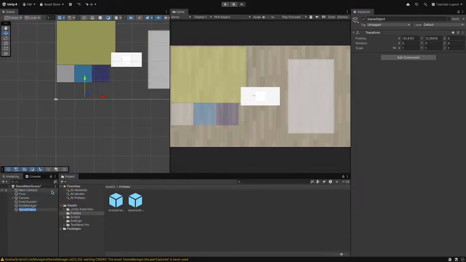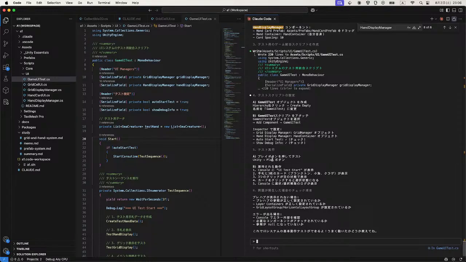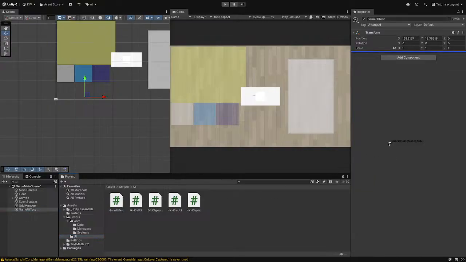Create empty and game UI test and attach the game UI test script. Okay. The script is here, so I drag and drop,